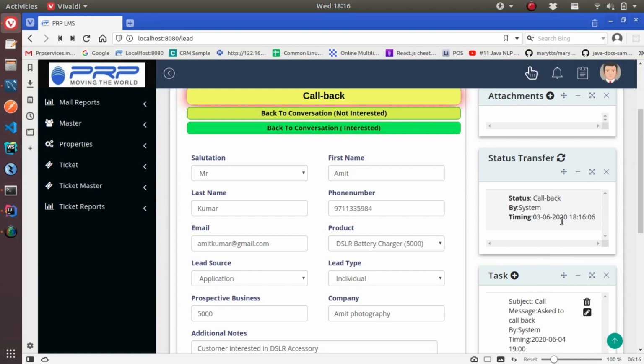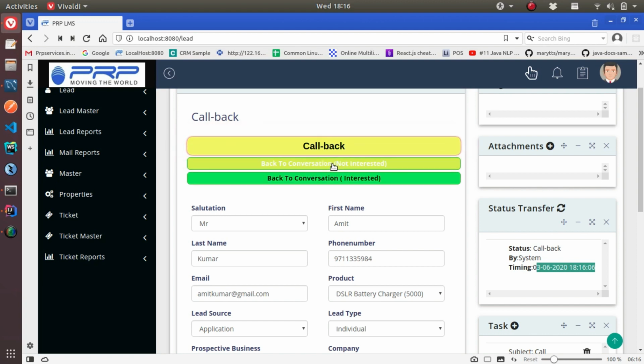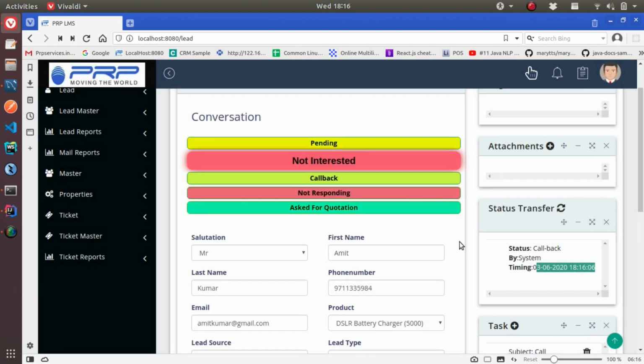Now our lead is in callback stage with status callback, interested and not interested. On the right side we can see the status transfer history. So suppose after the call the lead isn't interested, we can simply click on the not interested status and our lead status will be marked as not interested.